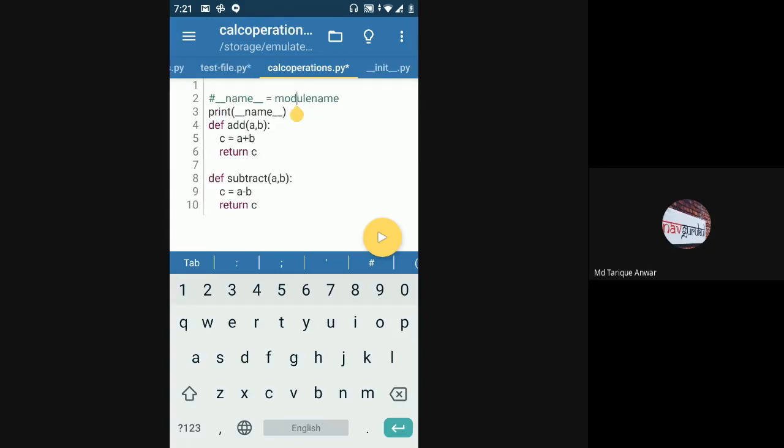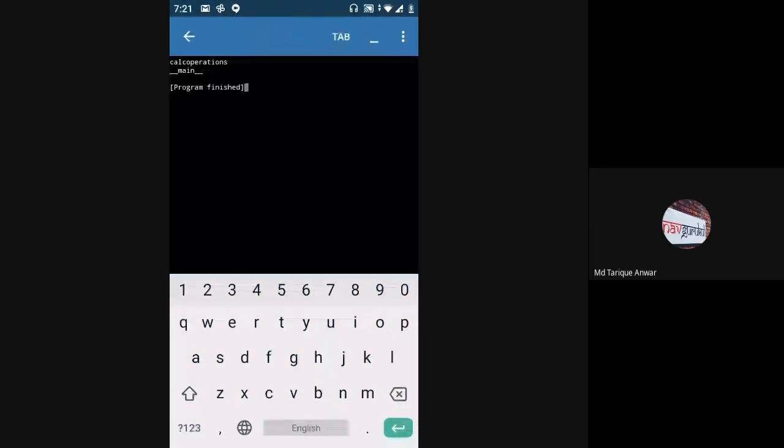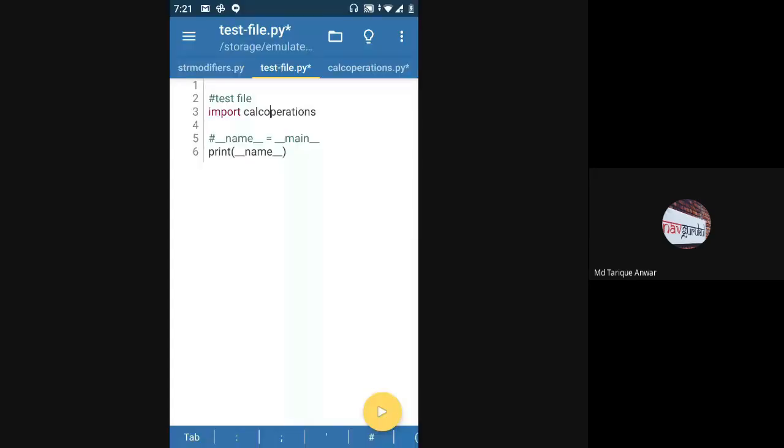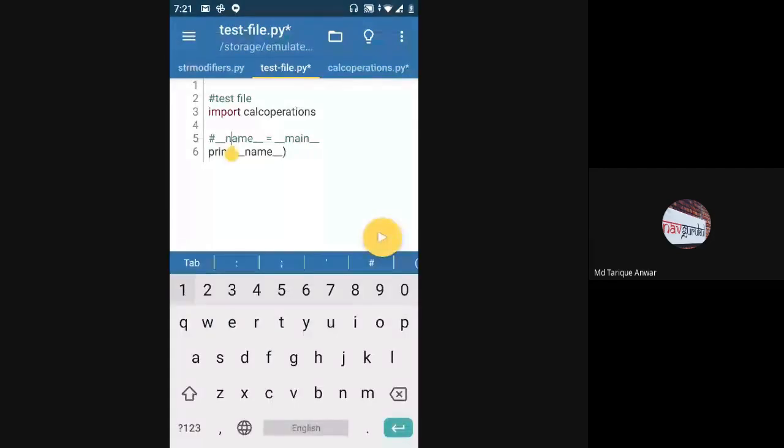Here I'm importing calc_operations, so the __name__ variable for the calc_operations file is calc_operations, because that is the module name. But for test_file.py, since I'm running test_file.py, the __name__ variable would be __main__.